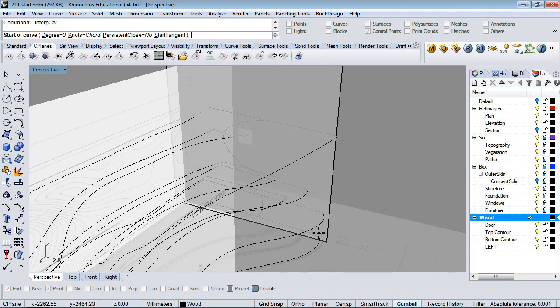Now when you're doing a cross-sectional curve, those need to intersect. They need to touch one another. So at this point, what I'm going to type is end, because I want the end point of that curve. The other thing I could do though is I could type intersect, INT,